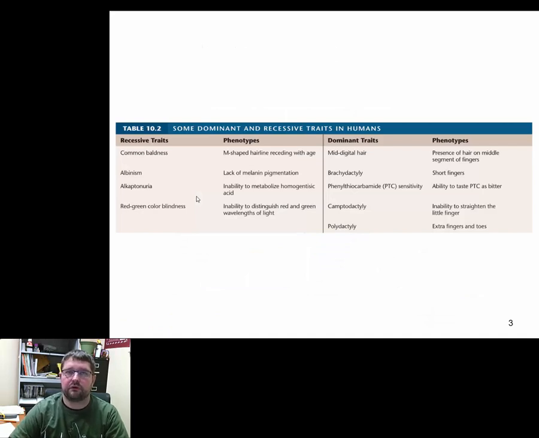Now, back to the conversation that we had before, when I was trying to get across that just because a trait is more popular in a population doesn't mean it's dominant. Or just because a trait is rare in a population doesn't mean it's recessive. In some cases that's true, but take, for example, if we look at dominant traits, like something like this,